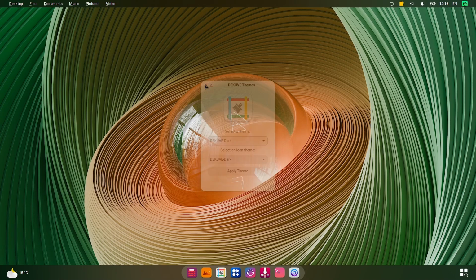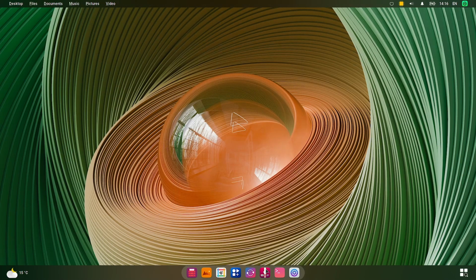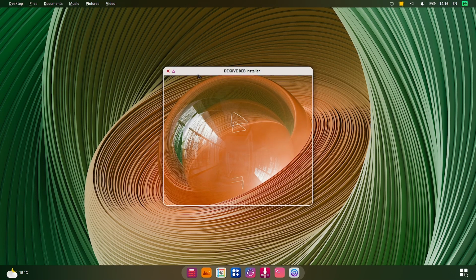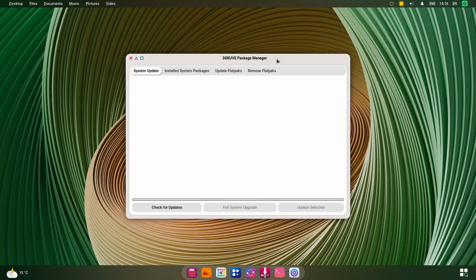So these are the Deikuve things we have seen. These are the Deikuve greeter settings we have seen. This is the Deikuve dev installer we have seen. And the Deikuve package manager we have seen. So this is what additional Deikuve has to offer on a Debian base. So the Debian base is common, and on the Debian base they have some specific Deikuve applications that we have seen. Pika Backup